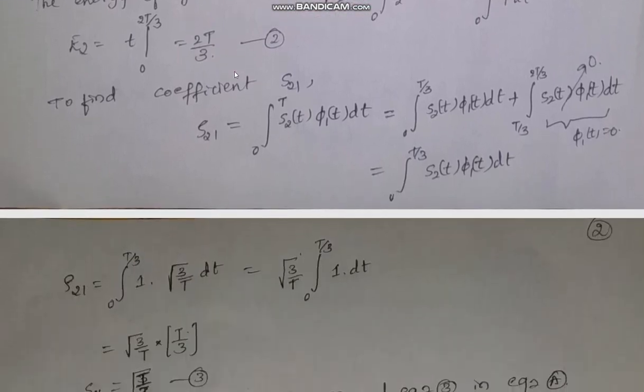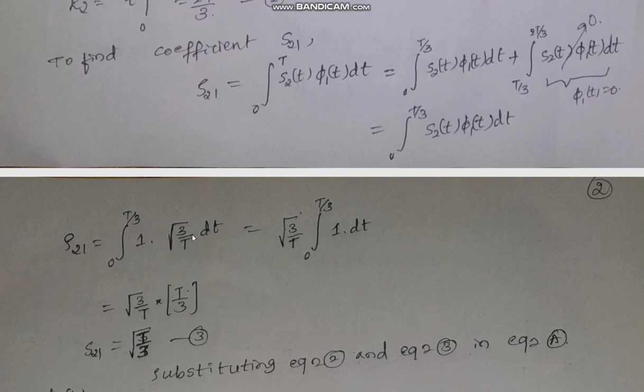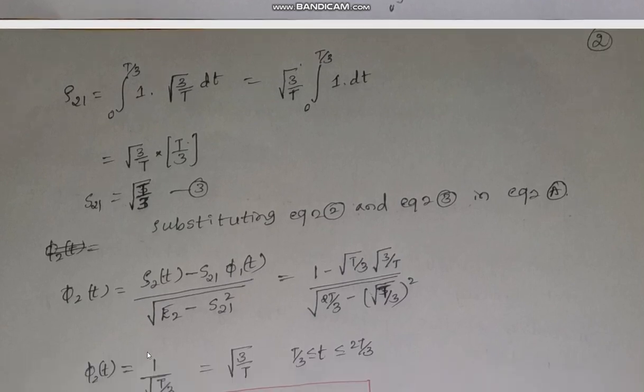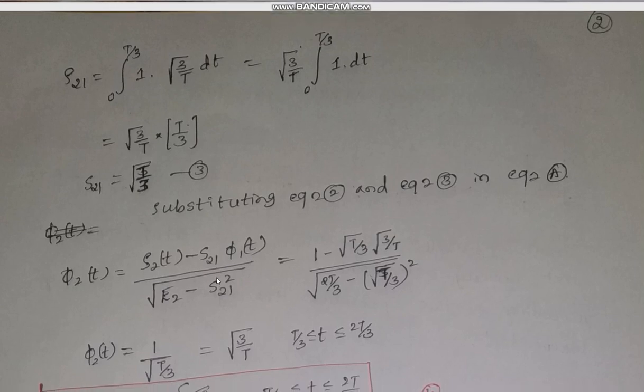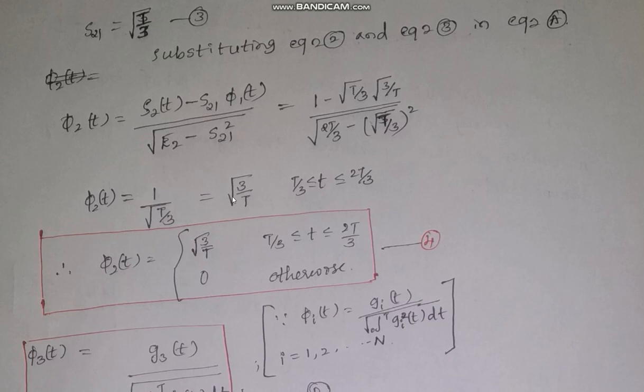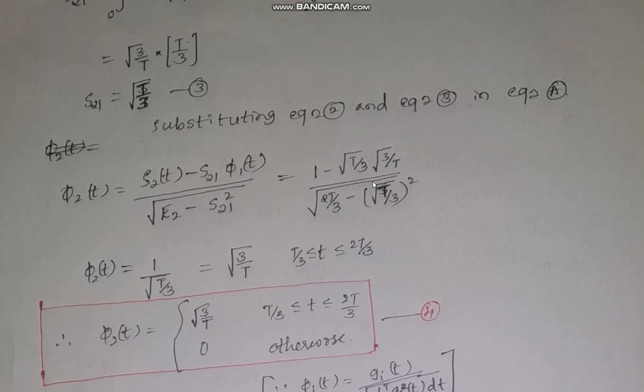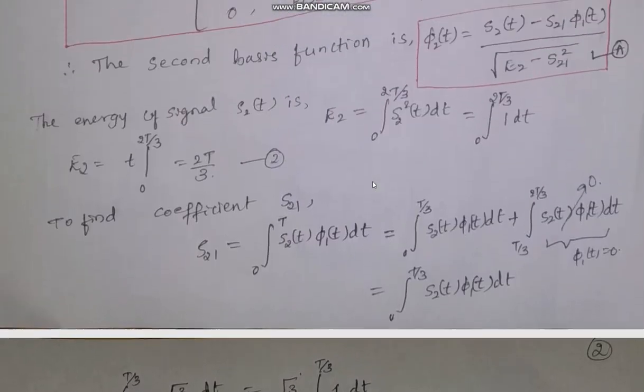Now if we substitute the values of phi 1 of t and s2 of t and integrate, we'll get s21 as this answer. Now we have to substitute in equation number a, which was the phi 2 equation, the second orthonormal basis function equation, and after simplifying we get root 3 by t in the range between t by 3 to 2t by 3. Why is it t by 3 to 2t by 3? It is because